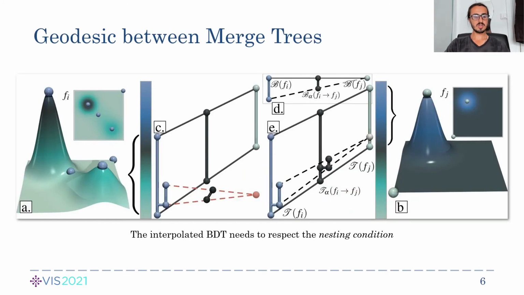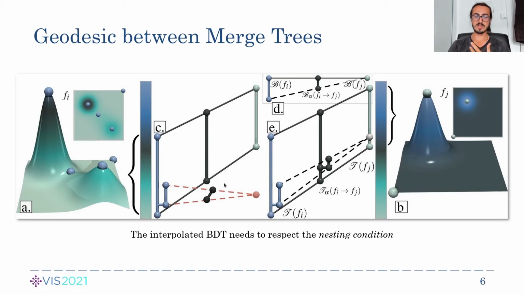The second main contribution of our work is the geodesic computation given a new metric. It is based on the interpolation used with the persistence diagrams. An important problem is that the direct interpolation of the matched branches can result in an invalid merge tree. In particular, when a pair is destroyed in the matching, it is considered to be matched to a point of average scalar value, like we can see with the red point here. We can see here that if we do this naive interpolation, the small dark pair will be out of the range value of its parent, giving an invalid merge tree.